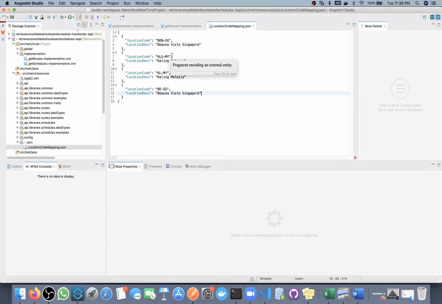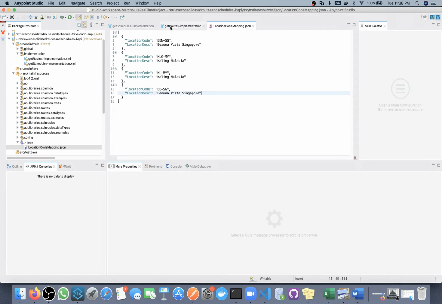Whatever country codes you are expecting from different systems, you will create a mapping value for each country code. In the same way here we are getting the source or destination system location code, so we will create location code and location description mapping for all possible combinations.